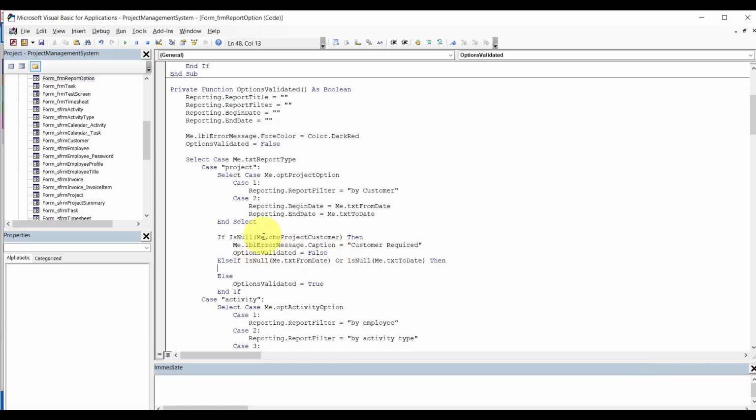One thing you notice here, so you got to add this guy into this case in there too, because otherwise it's going to always check this guy. So what you want to do here, I just noticed, you want to also say if me option project option equals 1, and that's how you do it. All right, and here's the same thing. We want to say me option